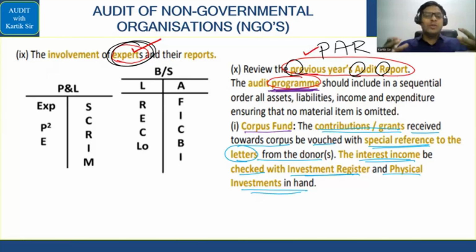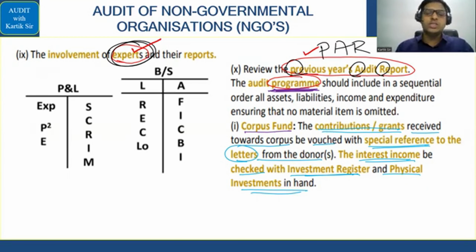Okay. So in the story, we had just made up a random story. In the class, I think you will remember the narration properly, and we must have done it in depth. So here we are doing revision. That's why I'm telling the story in just a gist manner. Okay, moving ahead. That is basically in relation to planning the audit of an NGO.